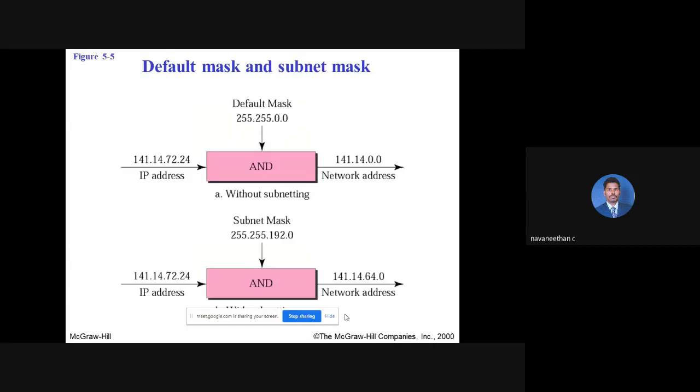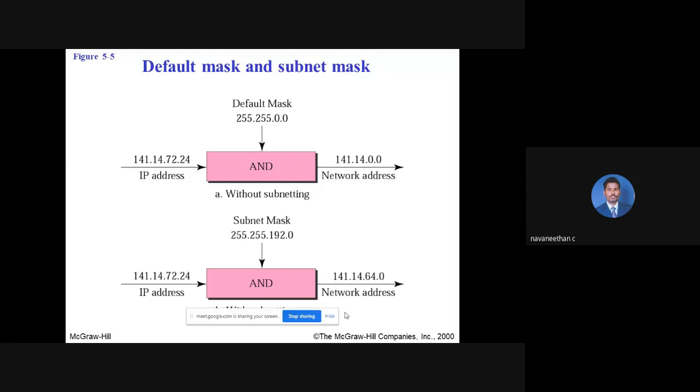Okay, fine. Just see here. Again, we are just going for a term called default mask. Imagine that I have given an IP address, class A or class B or whatever may be. I'm asking you to find the address without subnetting. Without subnetting means very simple. You will be finding out only its net ID. The remaining host ID will be 0.